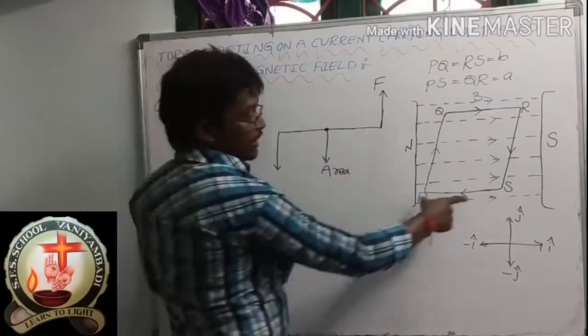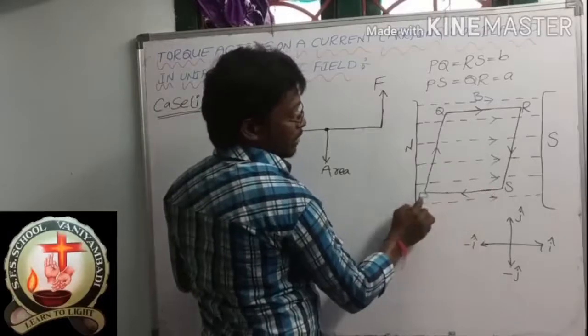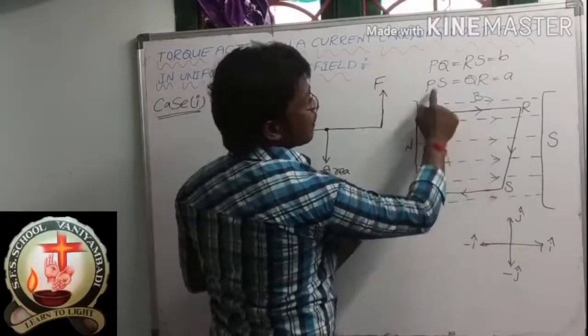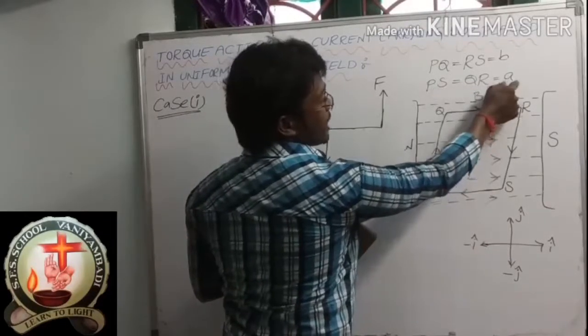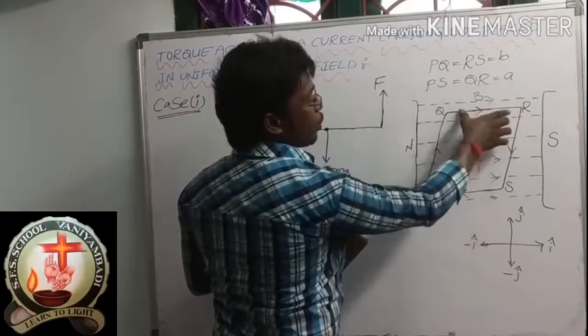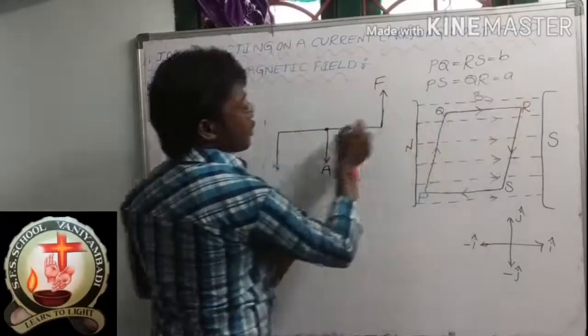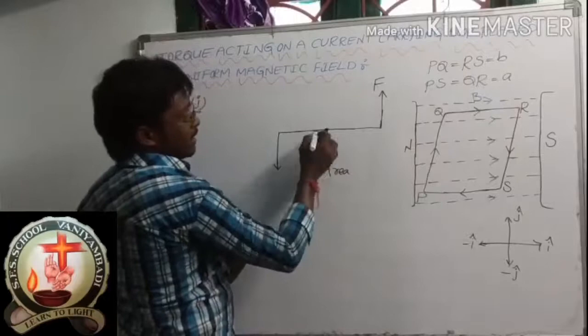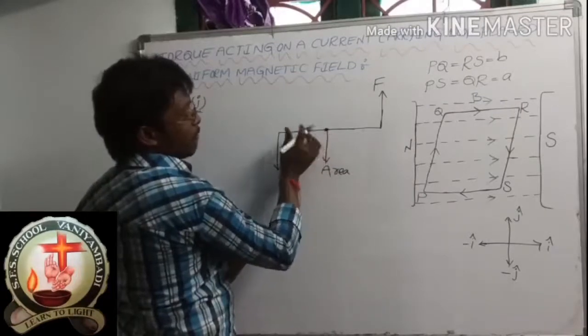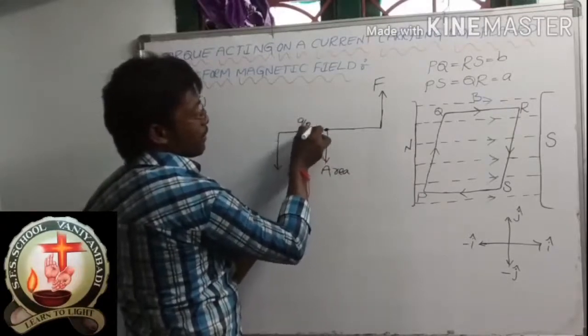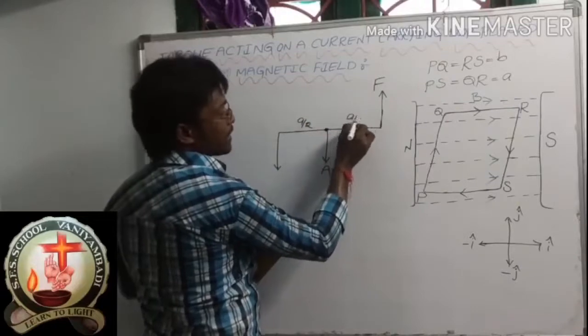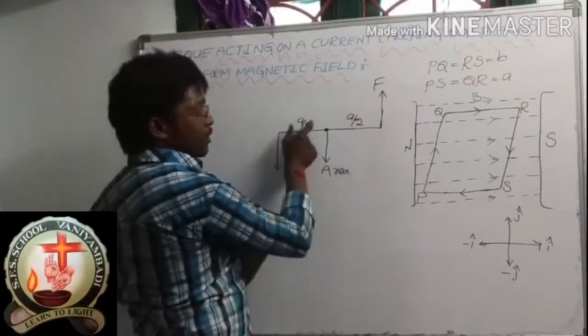Okay. Then what is the PQ value? What we assumed here: PS is equal to QR is equal to A. So here PS, QR both values, how much? A. So this total is A, which means from here to here is the midpoint, half, A by 2, and from here to here, half, what is that? A by 2. So this is half and this is half.